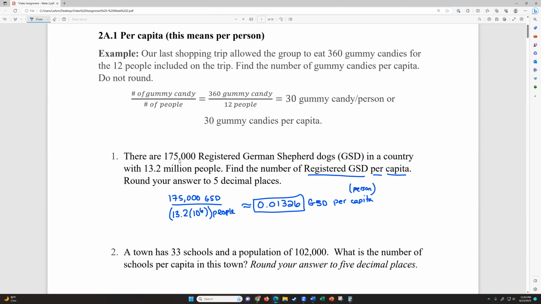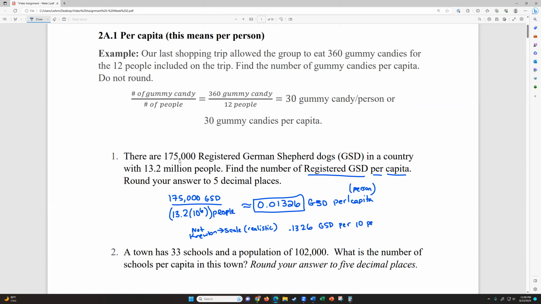If I multiply by powers of 10, I can make this larger. But if I do that, this per one person will also get multiplied by a power of 10. So this is just for scale, for realisticness, not your final answer. So not what Newton would want. They want the answer we just came up with. But if we wanted to talk to our neighbor about these dogs, I would probably multiply by 10, and that would give me 0.1326, because you move your decimal 1 place to the right when you multiply by 10,